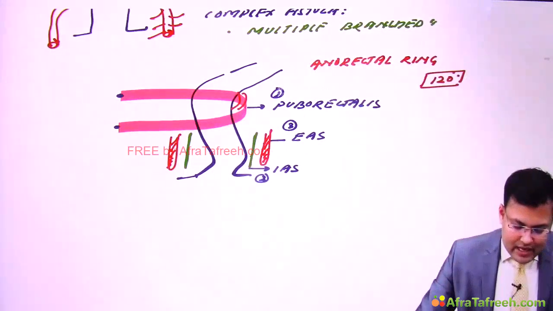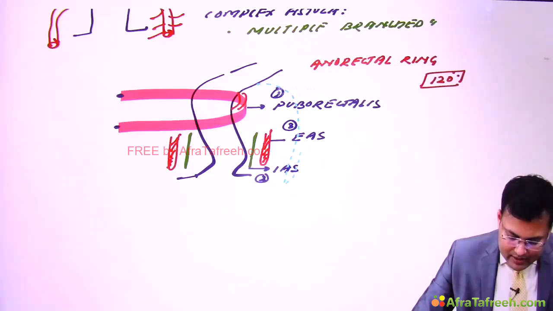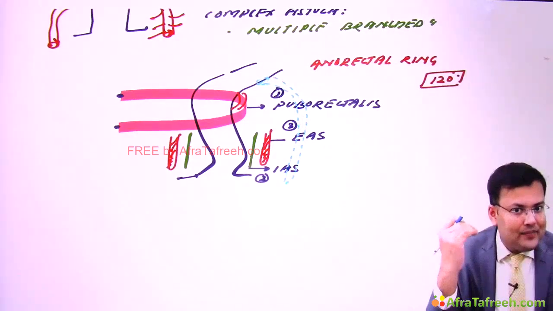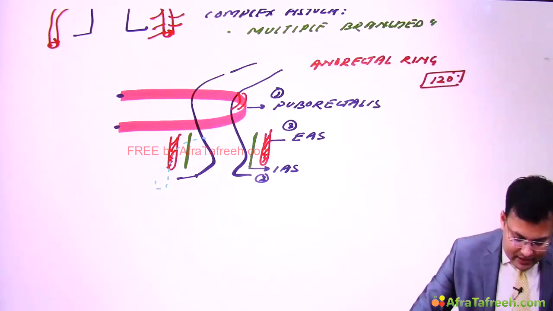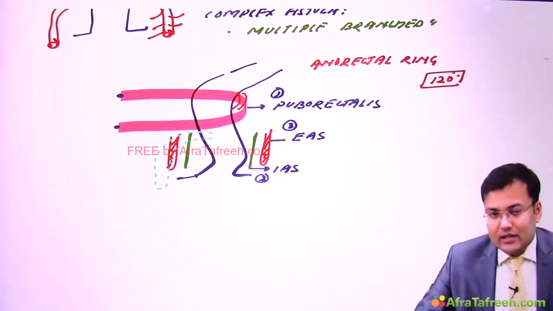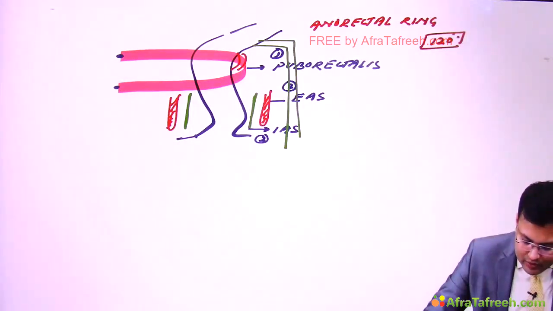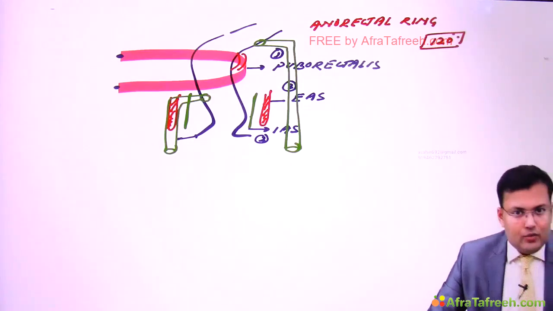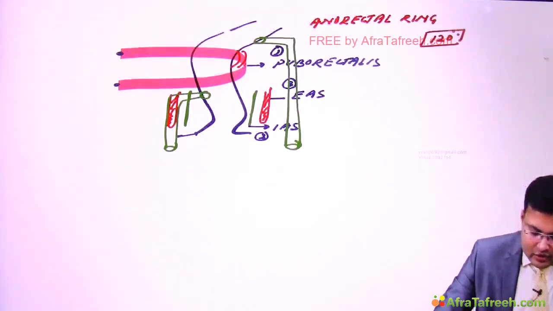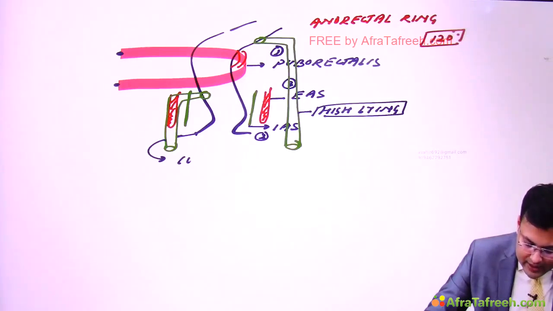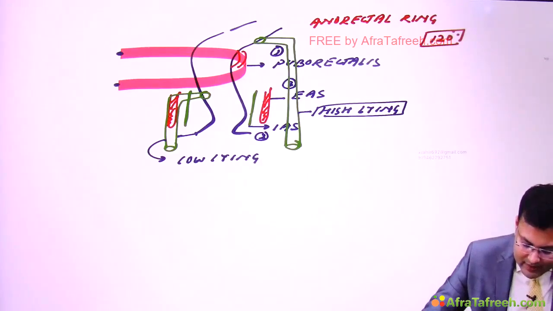See, if there is a fistula and the fistula has its internal opening above the anorectal ring, this is high line. And if the fistula has its internal opening below the anorectal ring, this is low line. So what is a high line fistula? A fistula with internal opening above the anorectal ring, and a fistula whose internal opening is located below the anorectal ring is low line. So this is high line, and this is what? Low line. Okay, so high line fistula and low line.